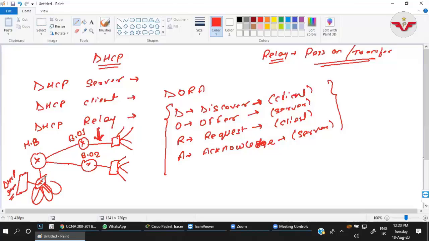Okay, this is my switch. Here also some departments are there. Here also some departments are there. Here also some departments are there, and I want to provide the IP address to each and every network of my intranet through this DHCP server. Okay, so